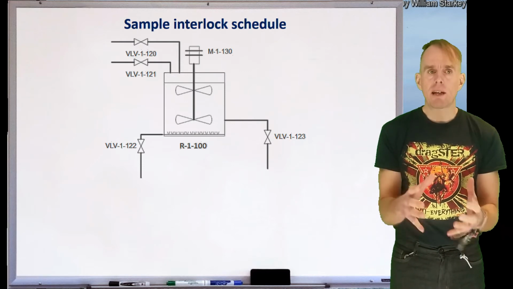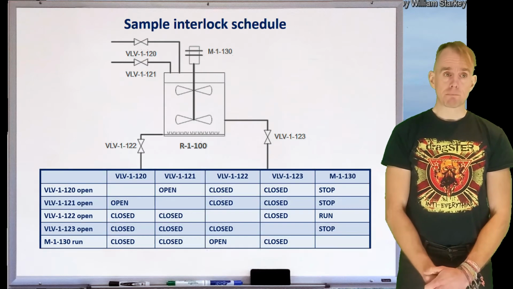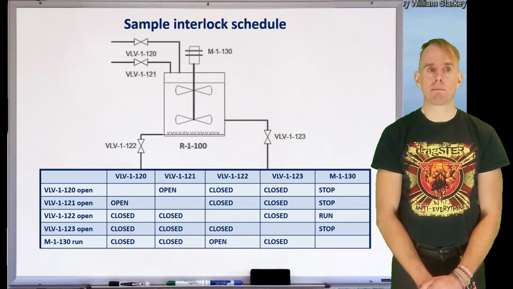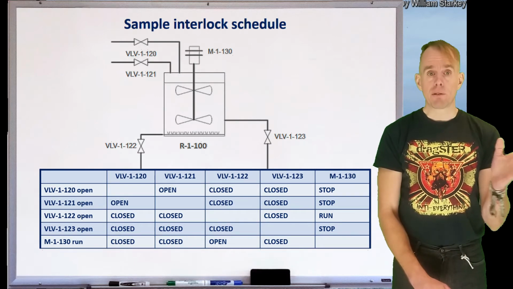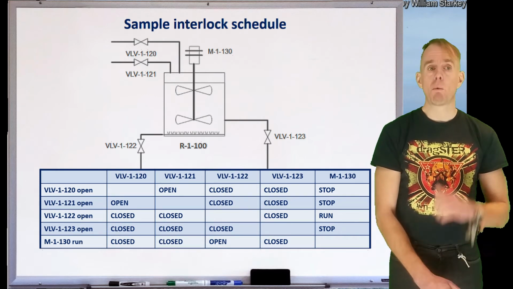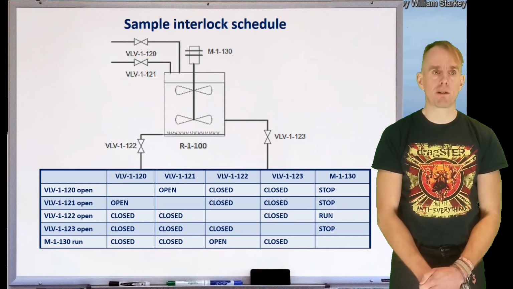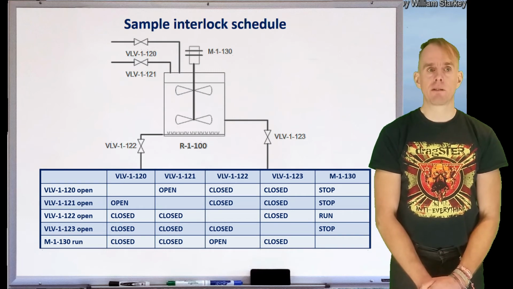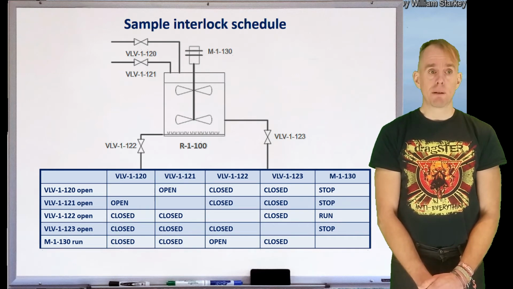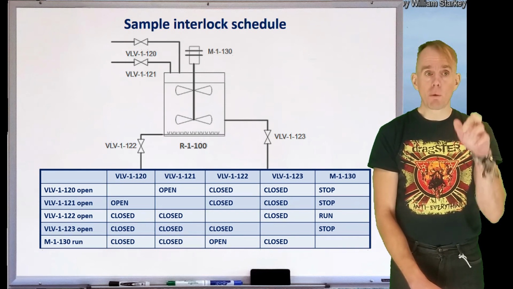And so we need to be able to communicate our design intent to the control engineers. And here's one way in which we can do that. If we put all the essential items of equipment in a grid type matrix, so we've got our 4 valves and our motor, both on the horizontal and the vertical sides of this matrix, we can then say when the state of a valve changes with the change of state of another valve. So for example, let's take the column which is entitled valve 1120. We'll see that when valve 1120 is open, we have valve 1121 open. So those are both our feeds going in at the same time, but all the other valves are closed and